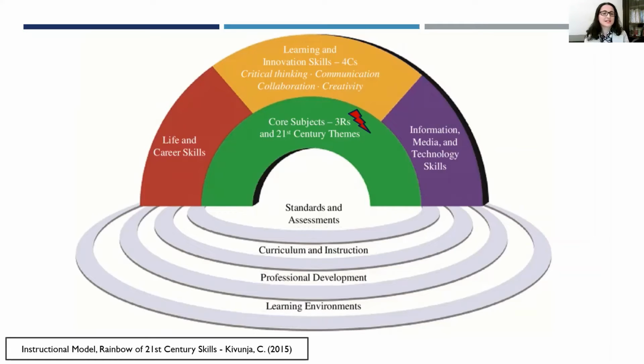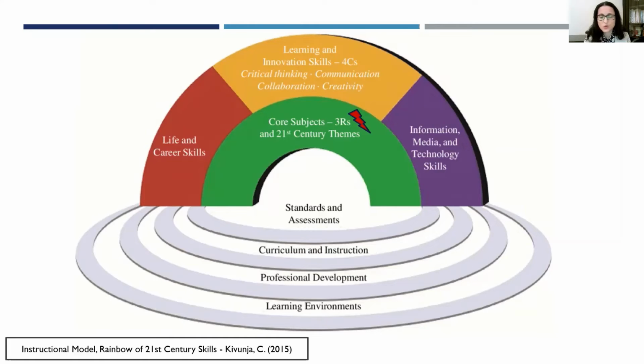But we now know that these cannot exist anymore in the 21st century without being infused with the 4 C's, and we will see how. So the 4 C's include critical thinking, communication, collaboration, and creativity. And here it's like we are bringing those learning and innovation skills. So when you fuse these two together along with the 21st century themes, and for example, one of the 21st century themes now is climate. For example, climate change, environment, biodiversity, etc. Also diversity, inclusion. All these are 21st century themes which we have to incorporate in our projects. So the 3 R's serve as an umbrella for the other subjects.